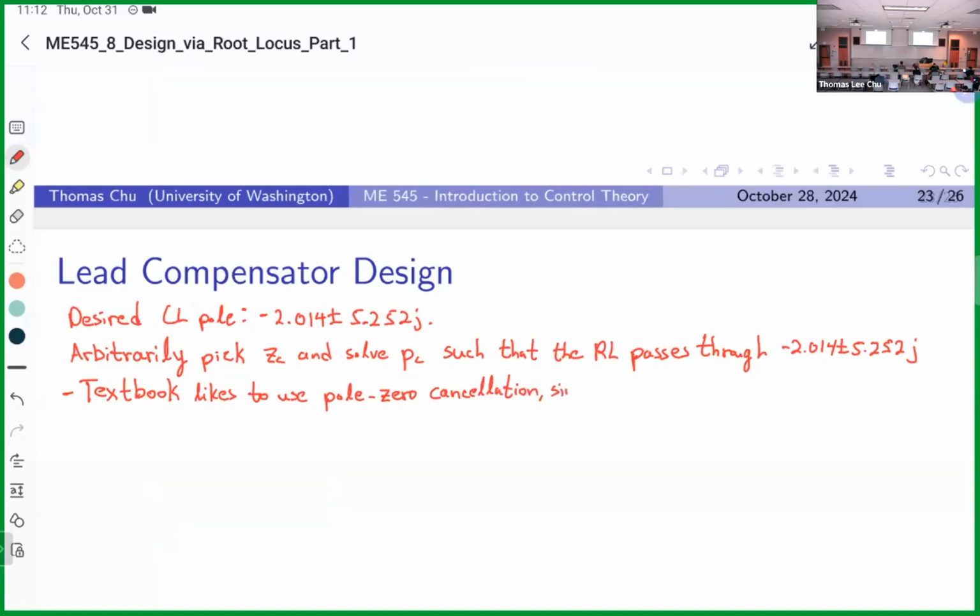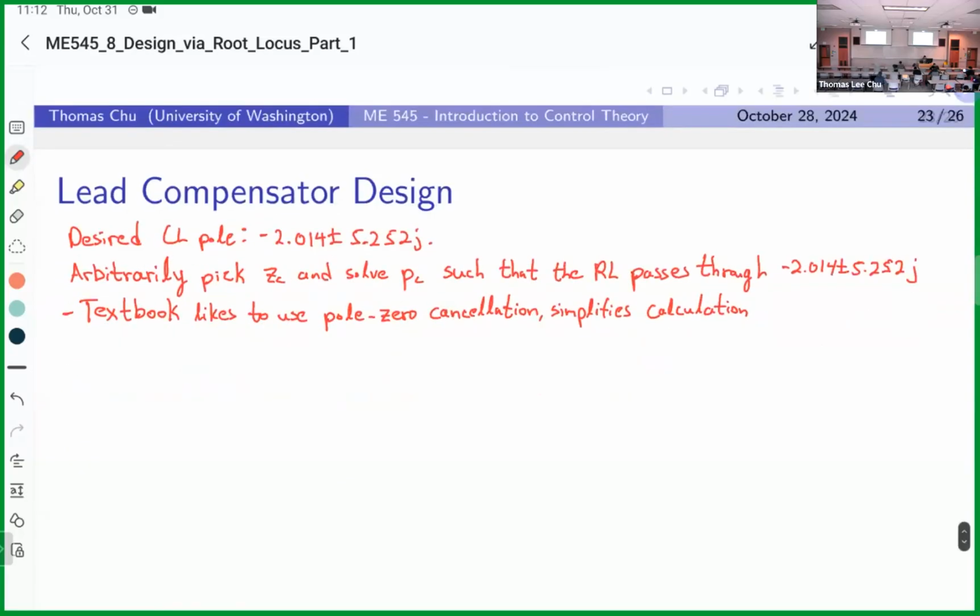It simplifies calculation. The only caveat with pole zero cancellation is that because we want this to be a lead compensator design, whichever pole you choose to cancel out, your zero still needs to be to the right of it. So it needs to be a smaller number. Simplifies calculations. And you can find this example in the textbook, but I personally did not use the numbers from